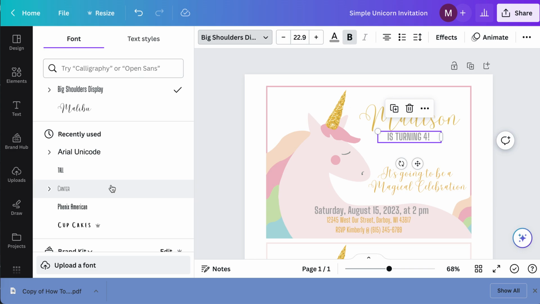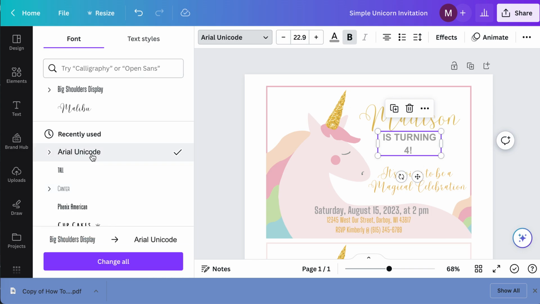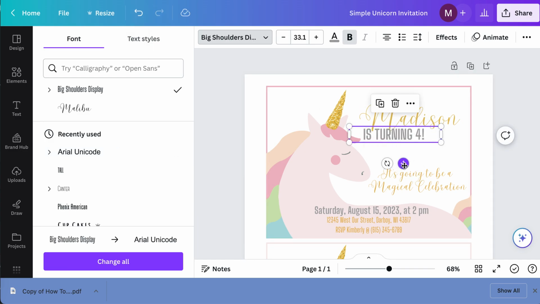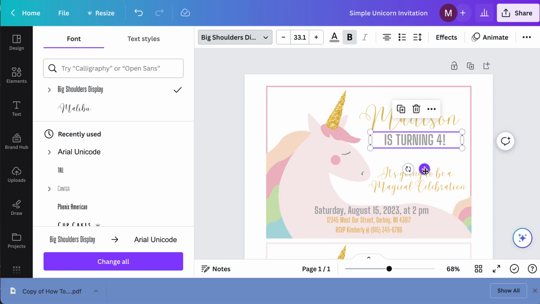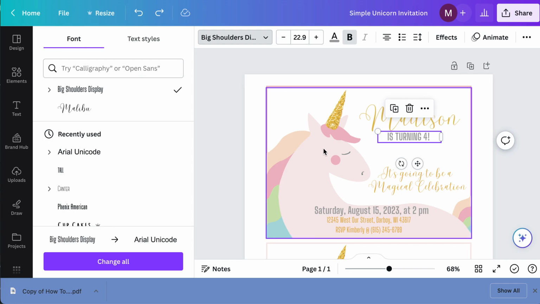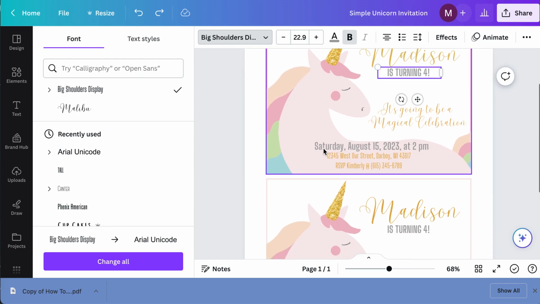But if you have a pro account, that's even better still, because then you can choose whatever fonts or text that you want. So I can go in and I can change my font. I can change the size of things. If I want to go in and change the size and move it around, I can do that. If I don't like something, I just use the little arrow at the top and just change it. So there are two